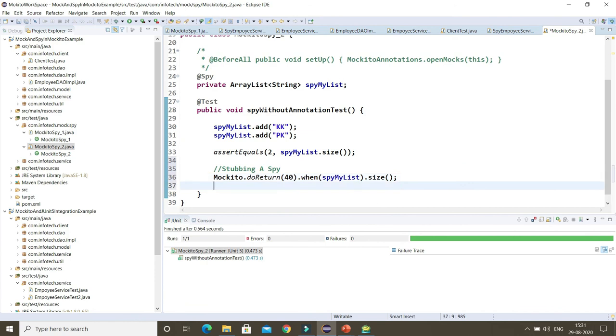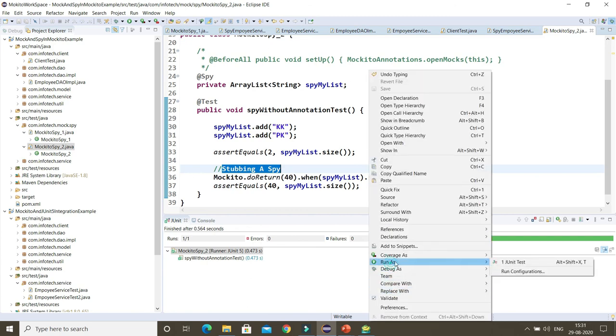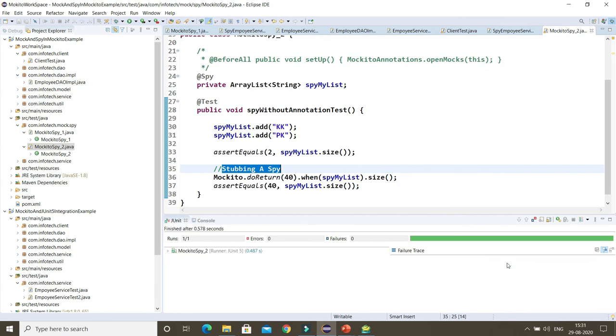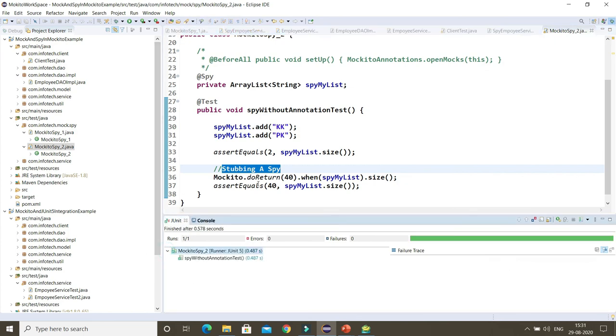So here now if I use assertEquals, even though you are adding two objects, we got the stub of this spy object, and here you have to compare with 40, so you'll get the size as 40. So that's the way to get the stub of a spy. If I run this, it should run perfectly fine. Yeah, this is working perfectly fine.